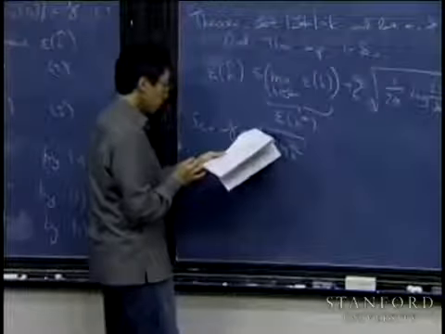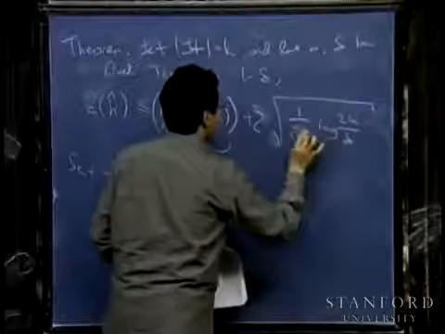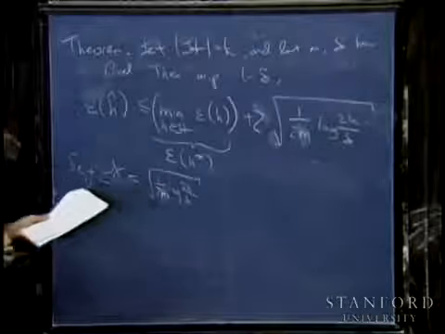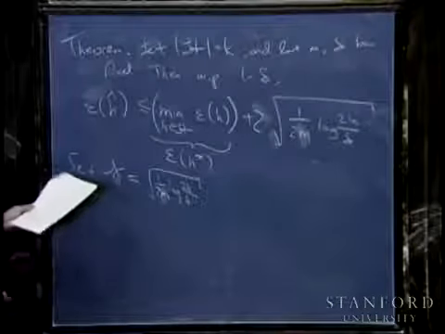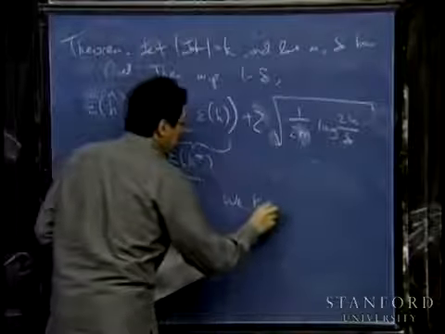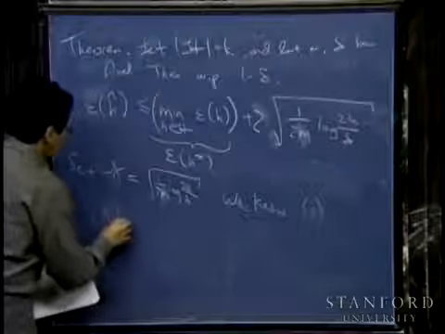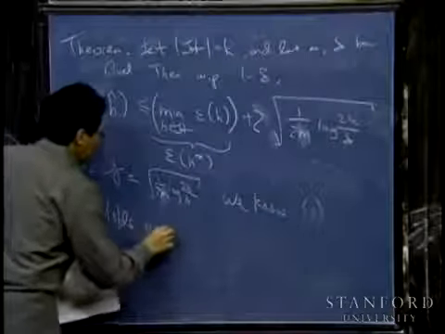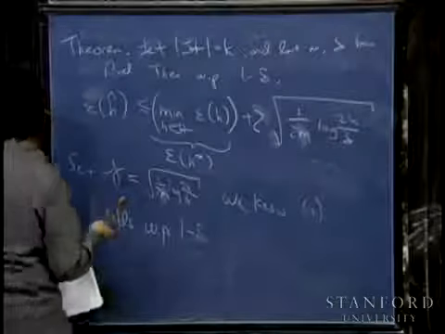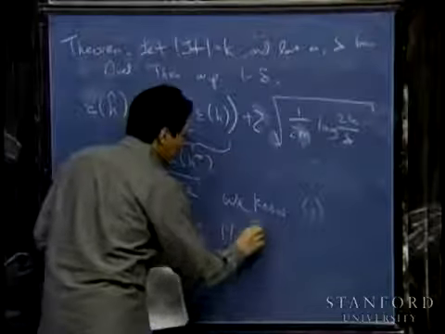Oh, yes, thank you. Right. So set gamma to that square root term. And so we know equation 1 from the previous board holds with probability 1 minus delta. Equation 1 was the uniform convergence result, that is,